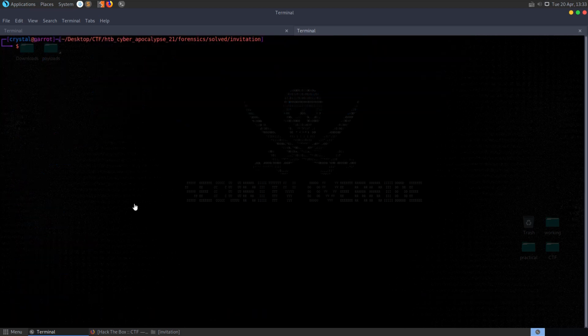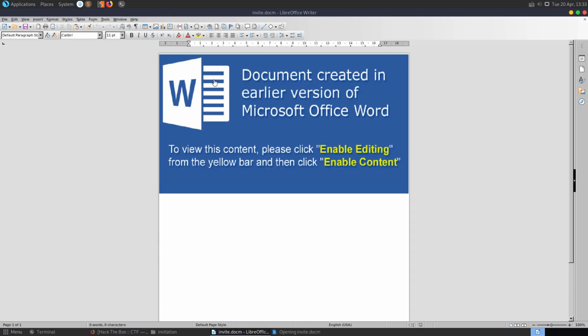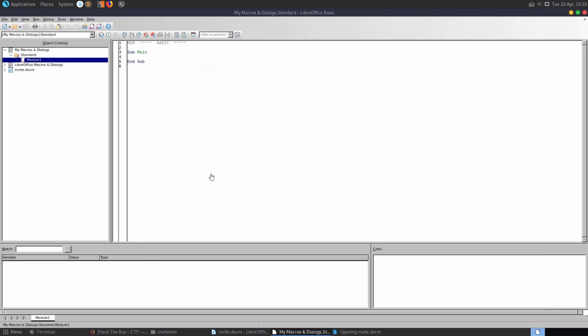We can also just open up the file. Let's open it up in LibreOffice, and you can see here it's asking us to enable macros, so it's a good hint that we need to go and have a look at the macros. We can do that in the tools section, and we can run macros, we can edit them. So if we go into edit and then select the document,